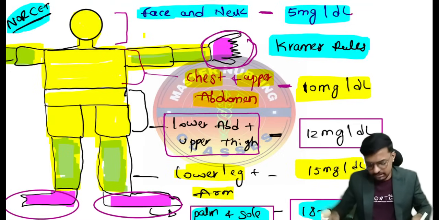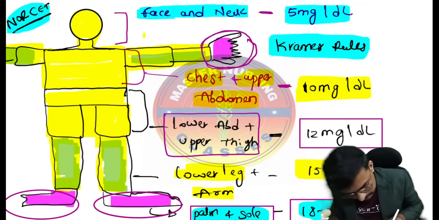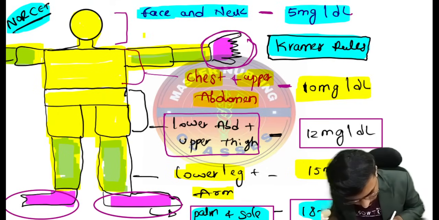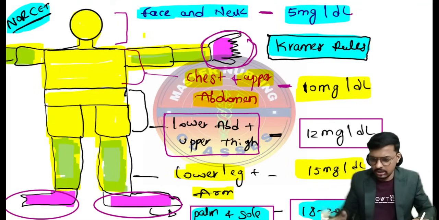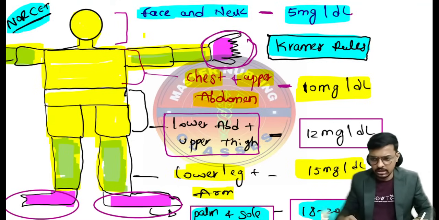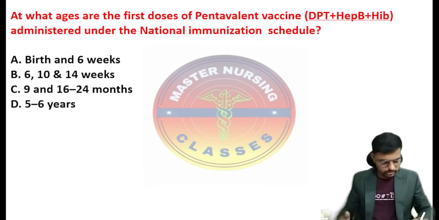So this is the Kramer's rule, a very important examiner favorite question, beta. So many times it was asked in the previous exams. Okay, so hope it is clear to everyone of you. Don't forget this particular Kramer's rule in the estimation of the bilirubin based on the body color. Yes, it is looking like an early data filler, but it will give the marks in the exam. Okay, right, so here will be the next question.